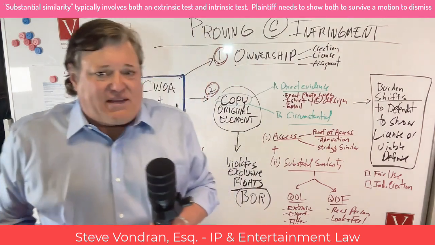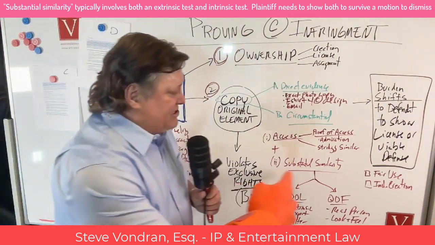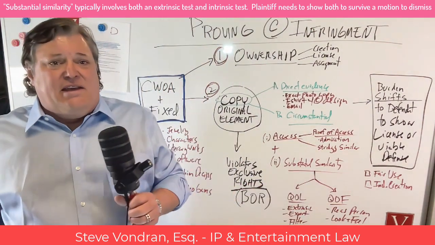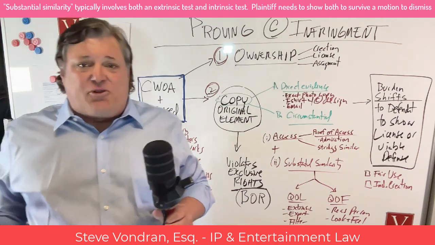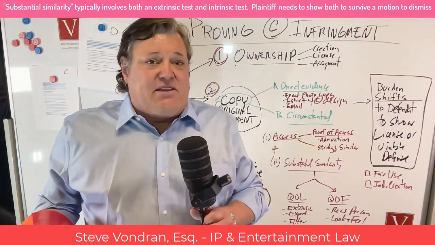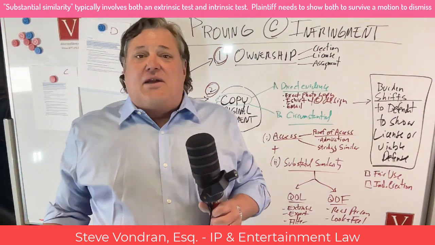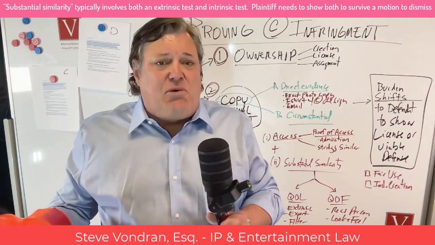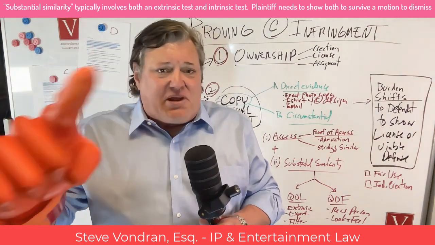So I know it's a lot of stuff up here, but showing substantial similarity, many courts like the Ninth Circuit will break this down into two tests for substantial similarity. One is a question of law. This is for the judge. The judge will look at the extrinsic test. They will allow experts to come in and say, well, wait a second, let's filter out the things that are